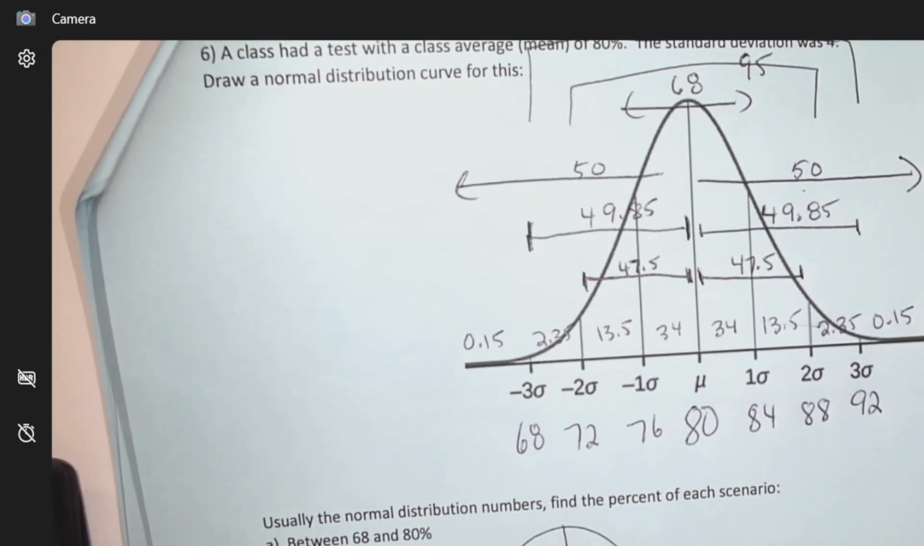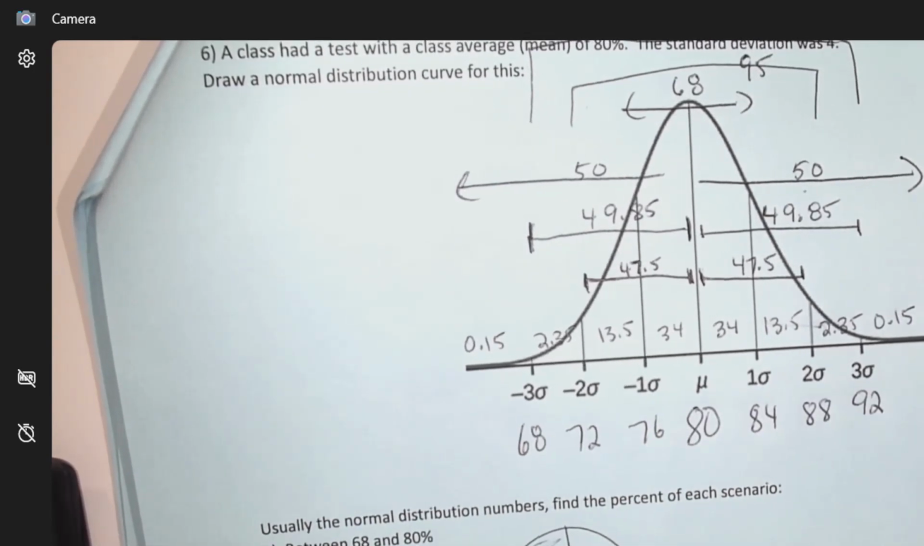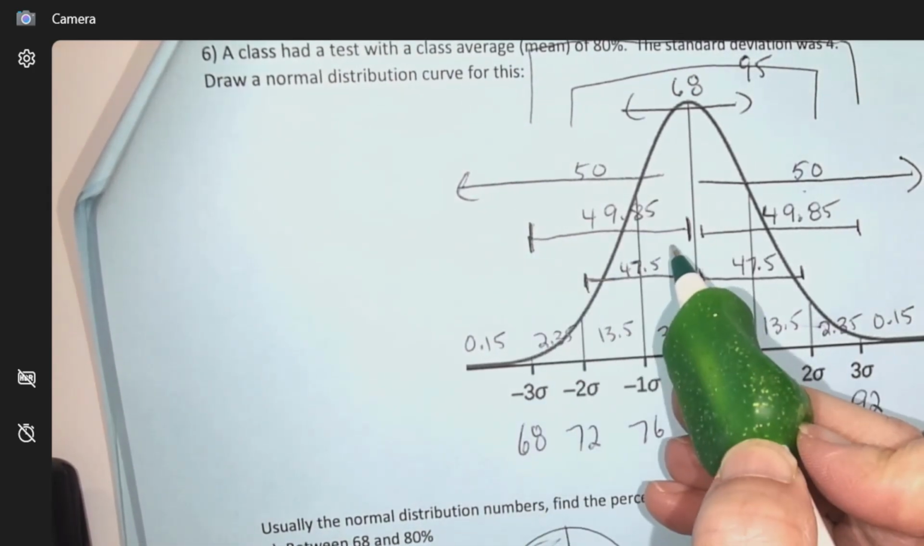Okay, so here's my question. How much percent of the data is between 68 and 80? So this is what I'm doing. Between this -3 and the middle is, and I have that value right on my chart, I can see it. So I've marked it here. So from there to the middle,